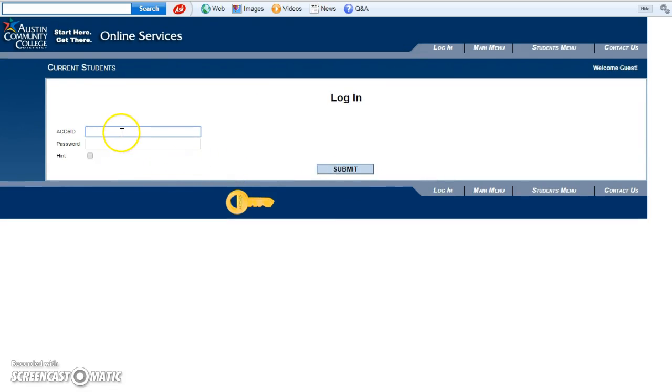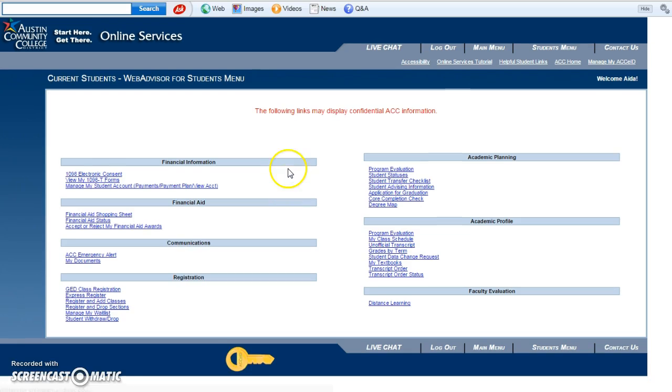So click login again. Then enter the student ID number plus the first letter of their first name, and their password. This is the page that you will see as soon as you log in. You don't need to worry about anything else except this up here on the upper left hand corner where it says manage my student account. You click on that,